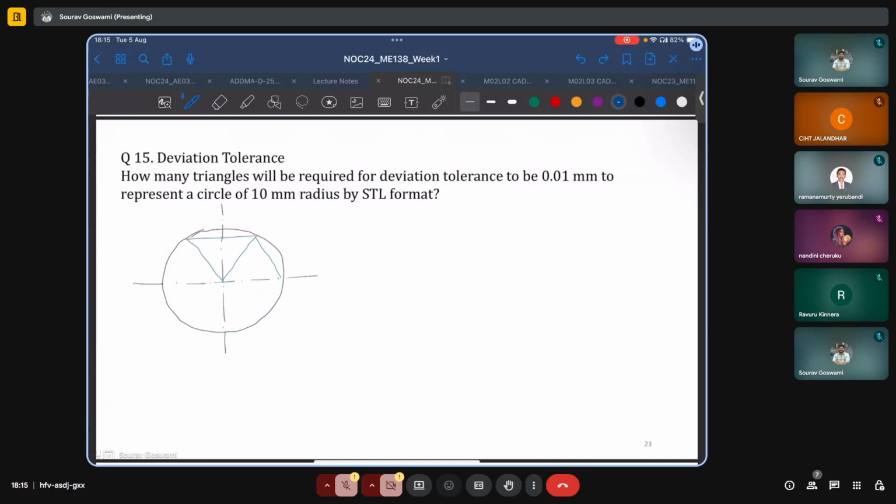And the thing to note is that there is a difference in the height of the circle and the triangle which approximates it. And this difference is called the deviation tolerance. Here we have it specified as, say we denote it by D, and this is equal to 0.01 mm. And the derivation for this was already done in the lectures. We'll not go over that again. But essentially what we have is if we are trying to approximate the circle by say n triangles, and all of them are identical by the way,